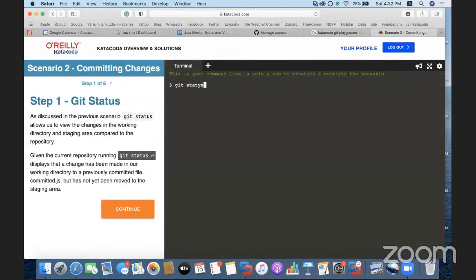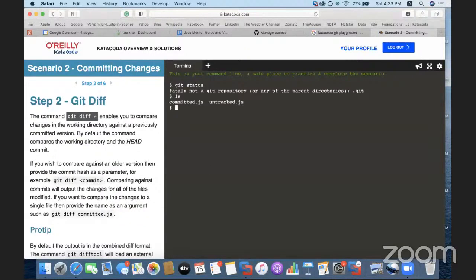ls कर लेते हैं, यहाँ पे दो फाइल्स हैं देखो, committed.js and untracked.js, दो फाइल्स हैं, ठीक है। So as we discussed in the previous scenario, git status allows us to view the changes in the working directory and staging area. Given the current repository, there are two files, committed.js but not has been moved to the staging area as of now, ठीक है।